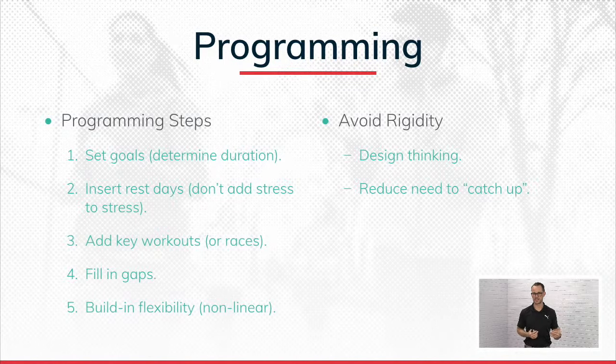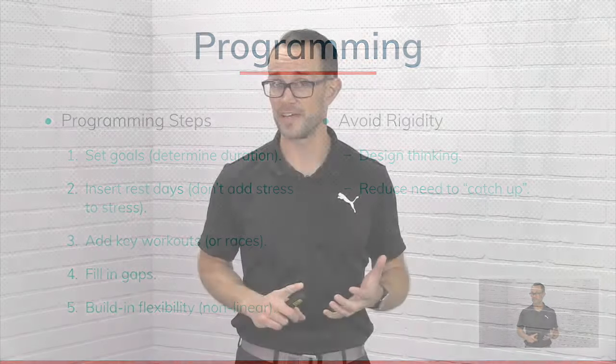is iterative thinking, meaning that you plan for A to happen, but you also plan for B and for C to happen as well. And it's looped learning, it's looped teaching, it's looped programming. You may have heard, if you fail to plan, you're planning to fail. With design thinking, I kind of reverse that quote and say, well, unless you're planning to fail, then you are failing to plan. So with design thinking, with this flexibility of a program, we want to plan for failure. And then we want to have a contingency plan for those failures.